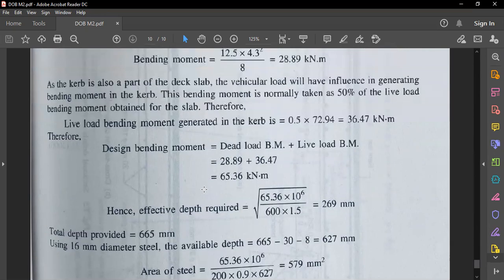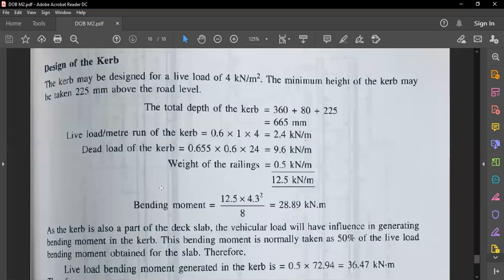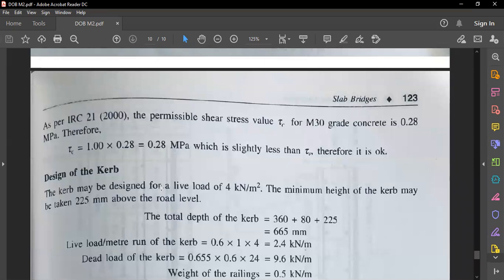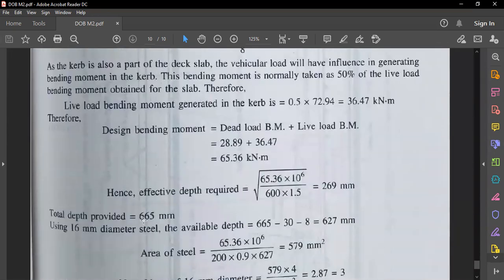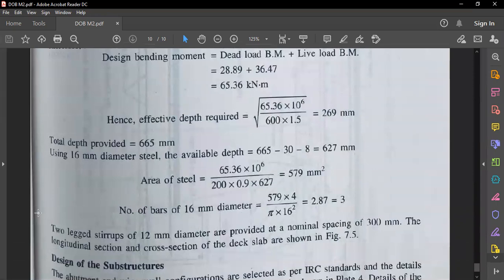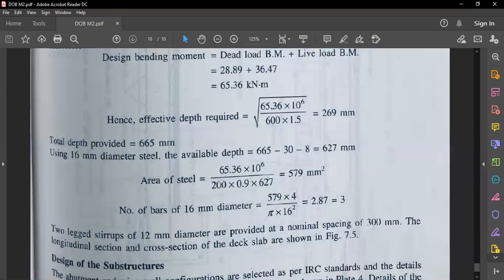So this finishes your problems in module 2. Okay, so remaining load cases I will give you assignment: IRC class AA wheeled and IRC class A wheeled. For those two I will give you assignment, and in the next class I will explain to you about the detailing of the bars, and we will go for the skew slab bridge. That is only for one class. That will finish your module 2.